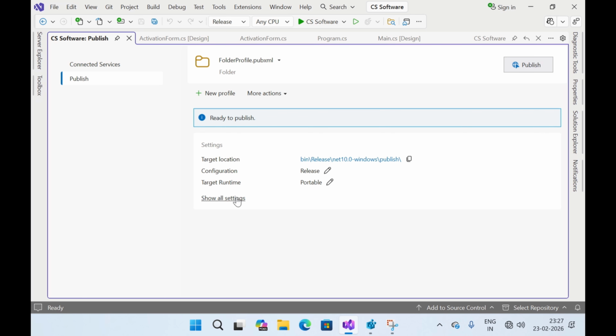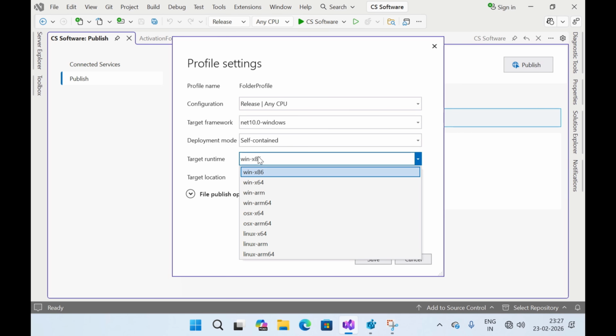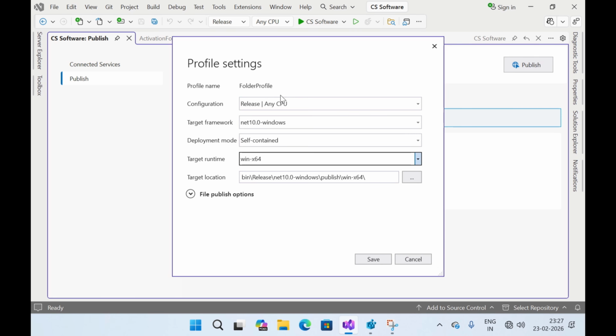Then click on Show All Settings and set Deployment Mode to Self-Contained, so that this .NET 10 content is in the setup file. Then change the target runtime to 64-bit if you want to create the setup file in 64-bit, and